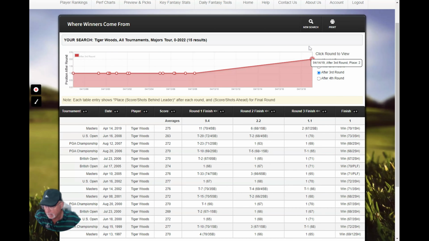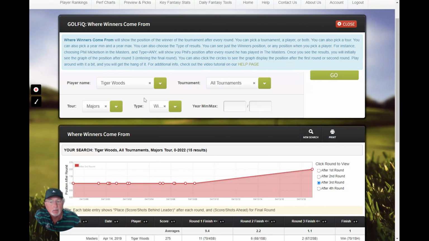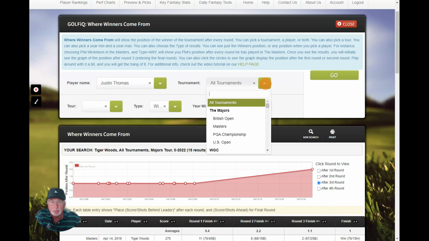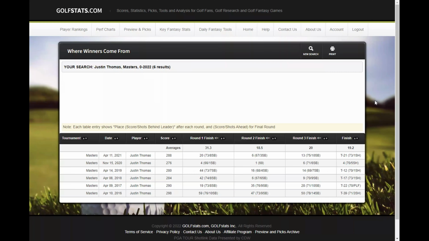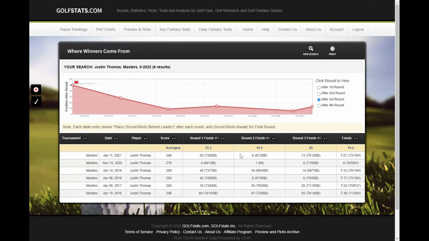The other thing we can look at is a player's position in every tournament, even where they didn't win. So let's say we want to look at Justin Thomas, in the Masters. I just want to look at every tournament he's played in, not just the ones he won. You'll see this parameter here, any or winner. So if I do Justin Thomas, Masters, any, it'll show me every Masters Justin has played